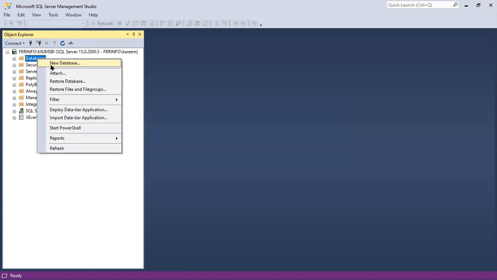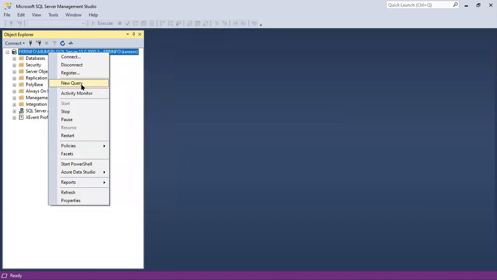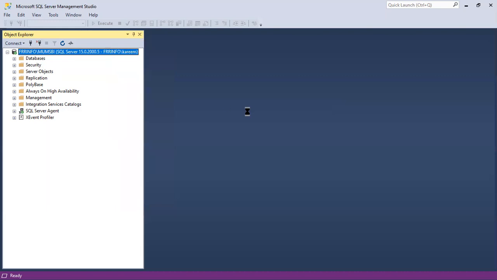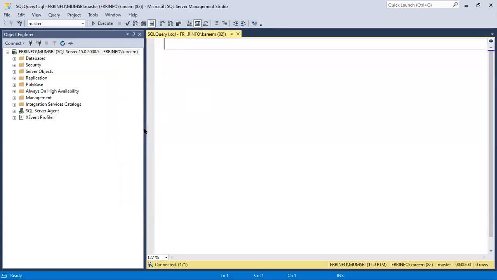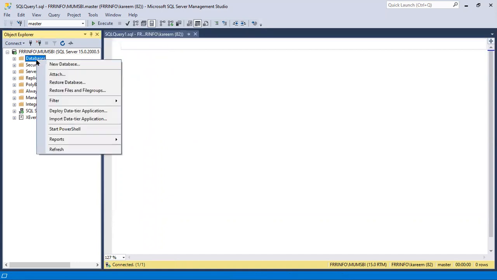We can work with commands if we want to perform something directly. If I right-click on the server name and choose New Query, we can work with commands here. Or we can also perform tasks graphically.